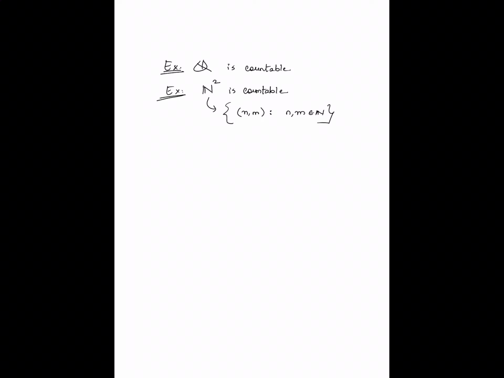After these definitions, all we have really done is given a bunch of examples of countable sets. We proved that the set of all integers is also countable. Similarly, the set of all integers that are multiples of k, for whatever favorite number k you have, is countable. The set of rationals in the interval 0, 1 is countable. And then we proved one important result, which is that the countable union of a countable collection of sets is countable. A consequence of that is that the set of all rationals is also countable, and that the set of pairs of natural numbers, N^2, is countable.